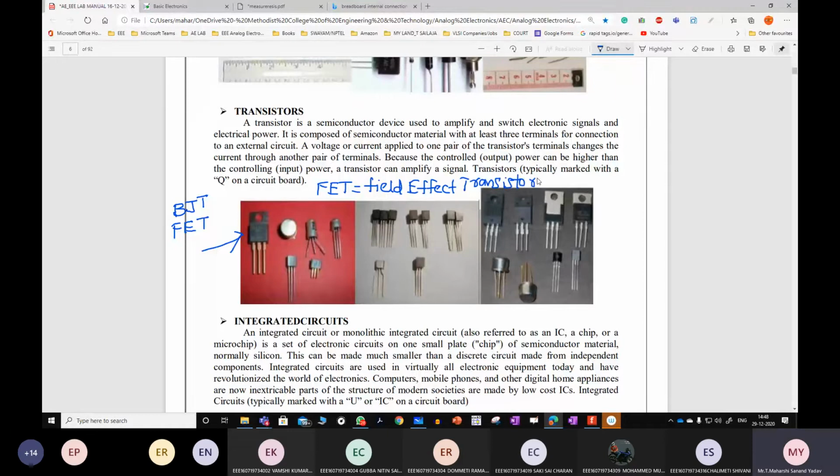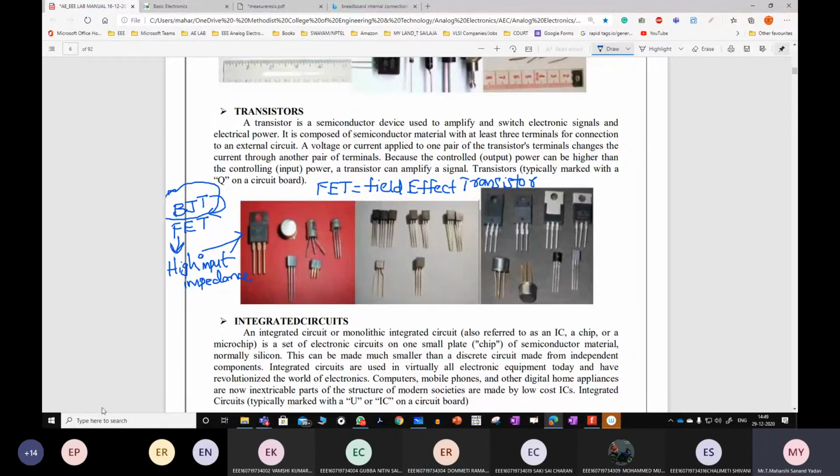So what is the use of going for this? Which one is better among BJT and FET, and why? This is the next concept for you. Till now you have learned only up to bipolar junction transistor, and the next one is FET, field effect transistor. Generally we go for this because of high input impedance. When we need high input impedance, in those applications we'll go for FET.